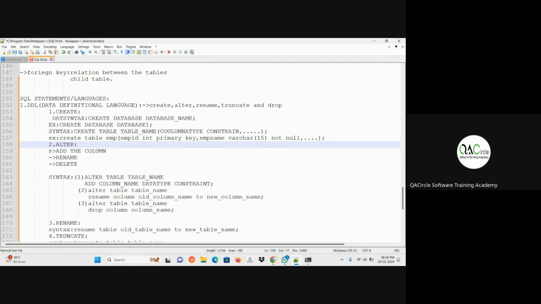In the next line, write down in point wise. First point, adding the column. Take down this syntax under that.